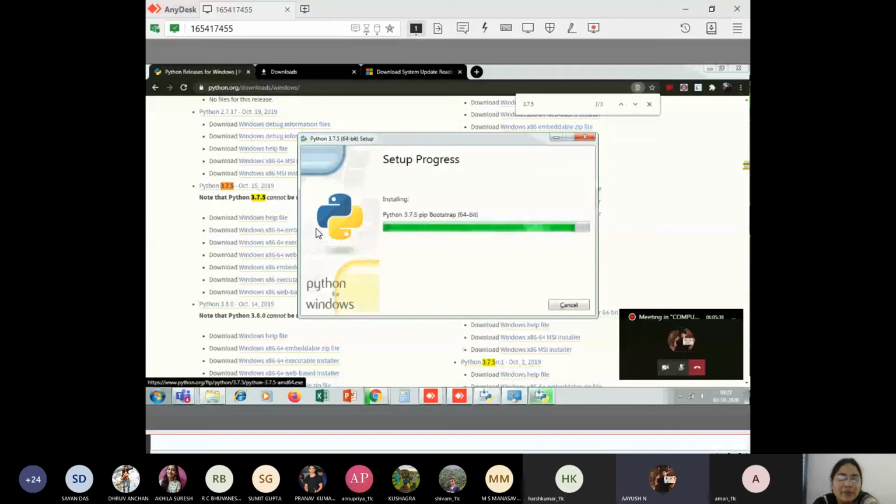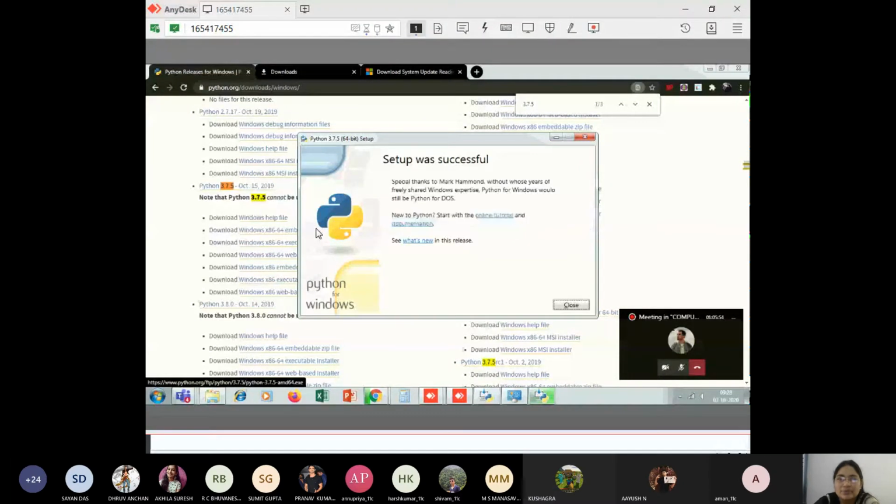See, so many Python software are there. Anaconda is there, PyCharm is there, many are there. I am also using PyCharm. They will provide some good GUI also.